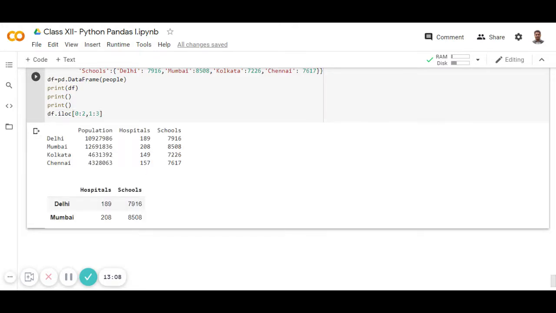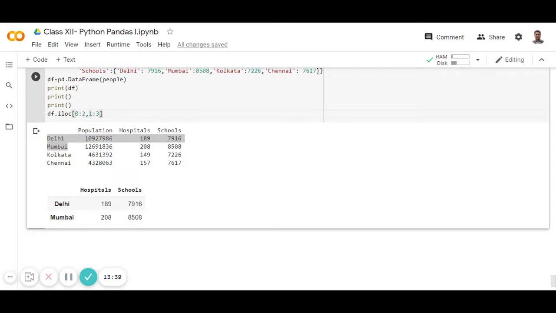So you can see here I have given 0 2. Okay, 0 2 means it will access row 0 and the first row. When we give 0 2, it means 0 and 1, because the end value is always one plus in this index. So it will access the 0 and 1 rows. This one is for rows, and the next one is for columns.